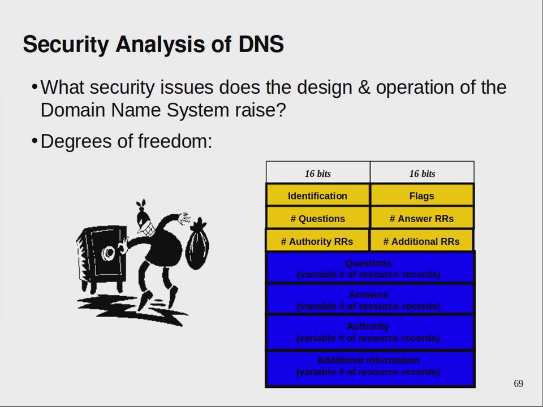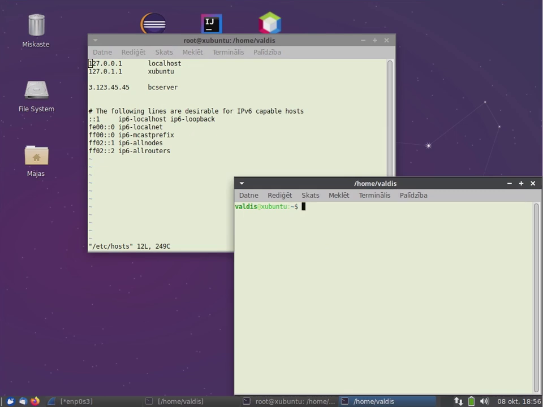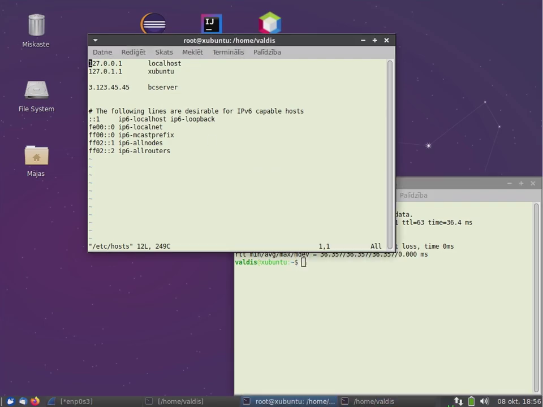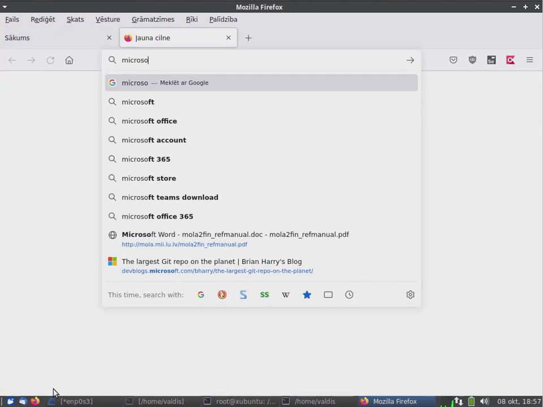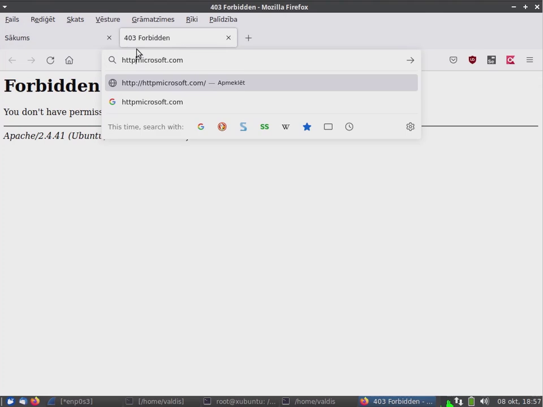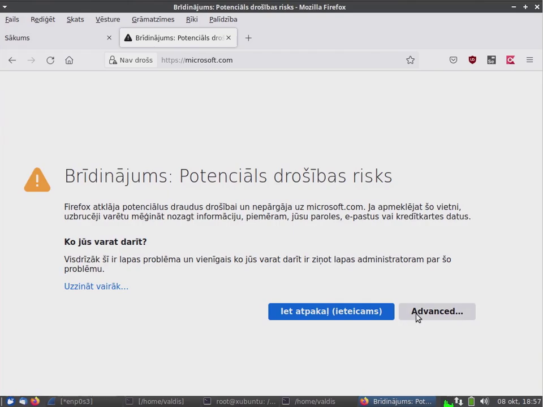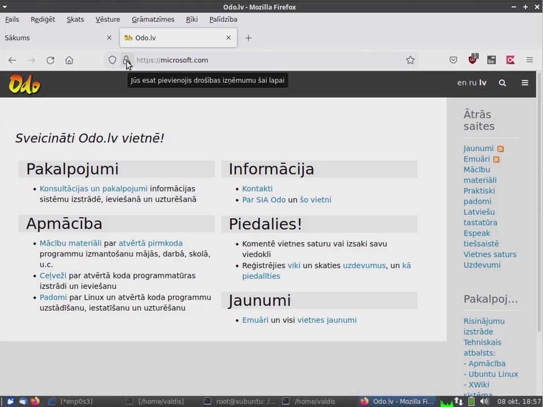okay, let's try it. So this is an additional good thing about these web certificates.